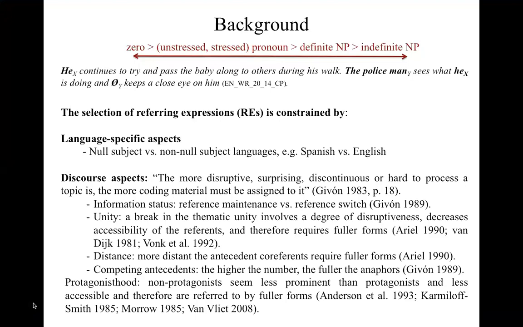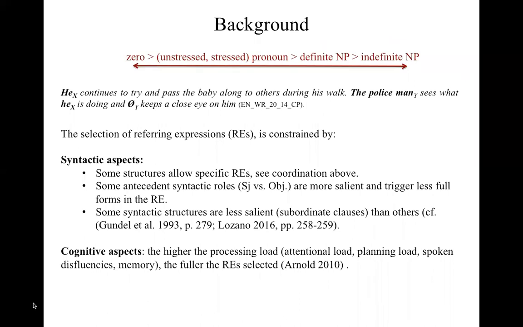Distance is another factor that has an impact on the selection of referring expressions. The more distant the antecedent referent is, the fuller the form that is expected, and also the number of competing antecedents. The higher the number of potential antecedents, the fuller the anaphor expected. Now, other aspects